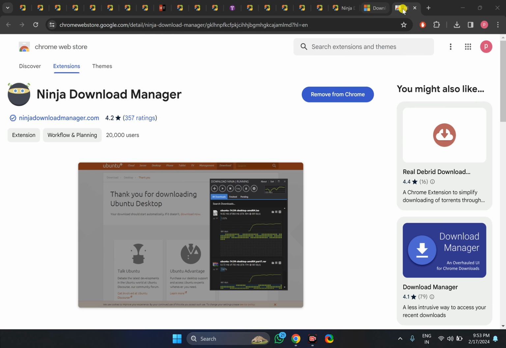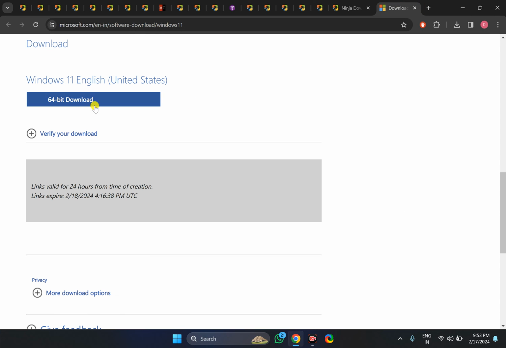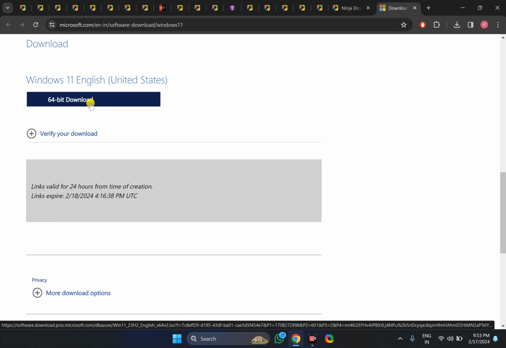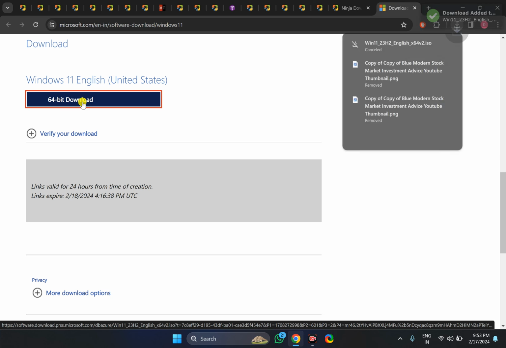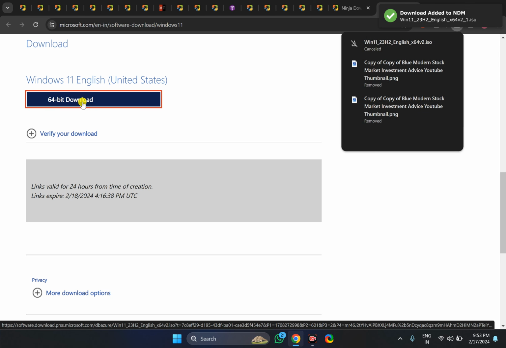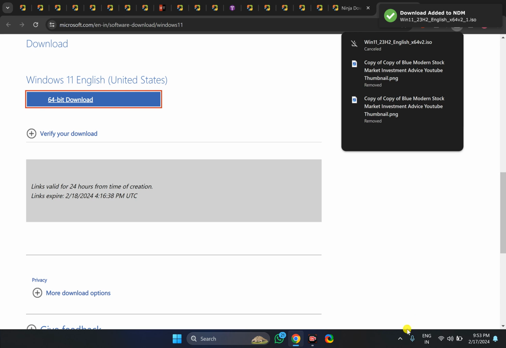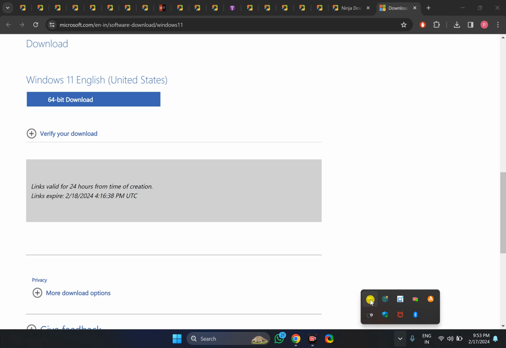Now I want to download this file again. After installing the extension, I will just click on this link and Ninja Download Manager will automatically start downloading the file.